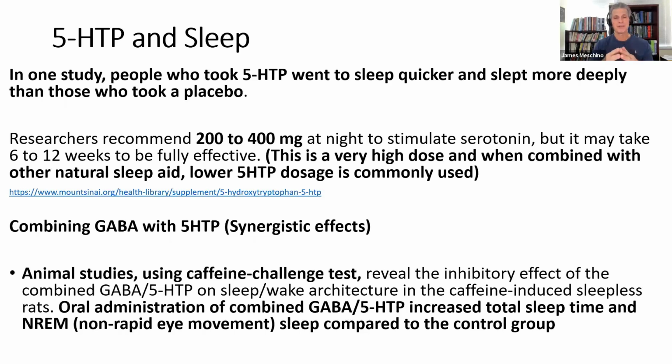In one study, people who took 5-HTP went to sleep quicker and slept more deeply than those who took placebo. Remember, 5-HTP helps the body make more serotonin, which gives you a greater feeling of well-being, shuts off appetite, and helps to improve sleep quality. Researchers recommend 200 to 400 milligrams at night to stimulate serotonin, but it may take 6 to 12 weeks to be fully effective. 200 to 400 milligrams is a really high dose. If you're going to combine 5-HTP with melatonin and GABA, you can use much lower doses, as I have done